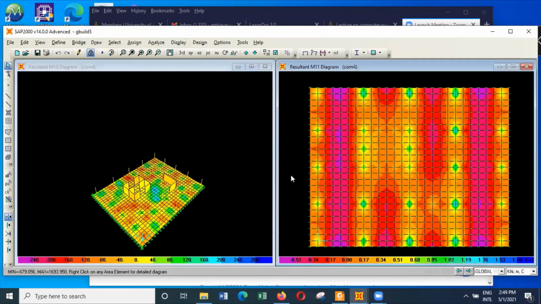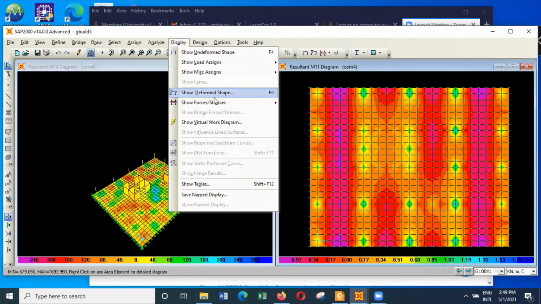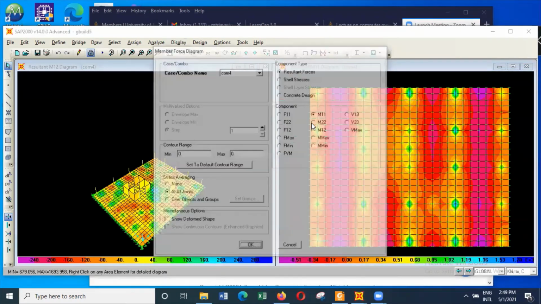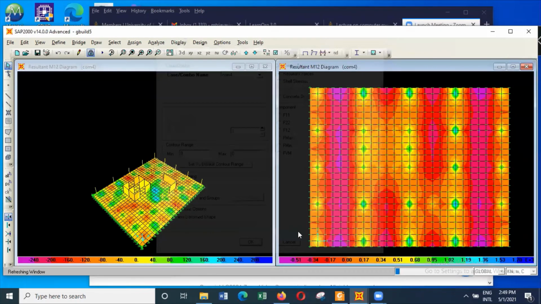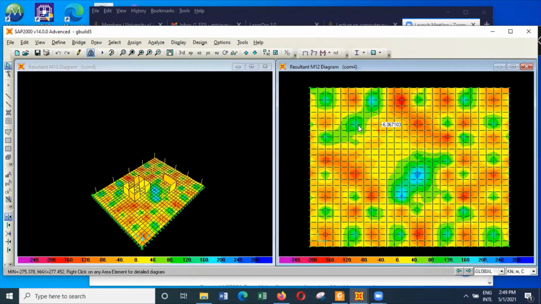And when you look at M12, you get some values like even slightly higher values like 105, and some places it's very low, 11 and so on. So when you are designing,